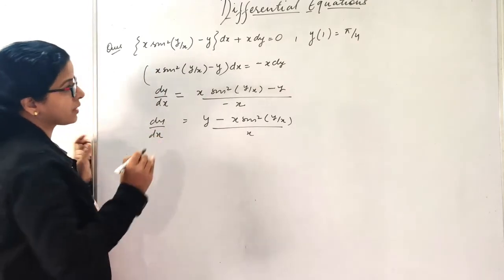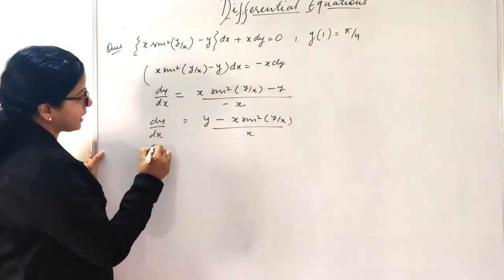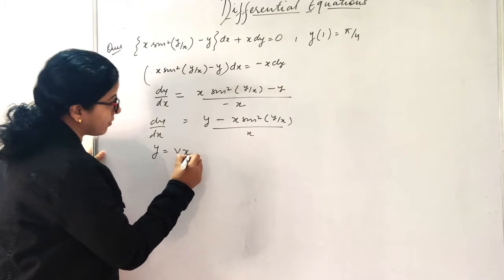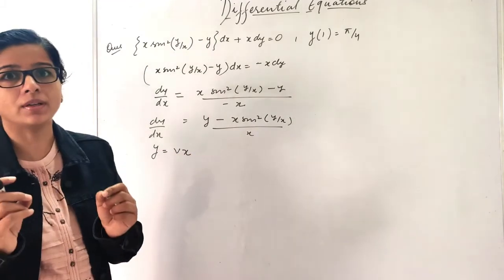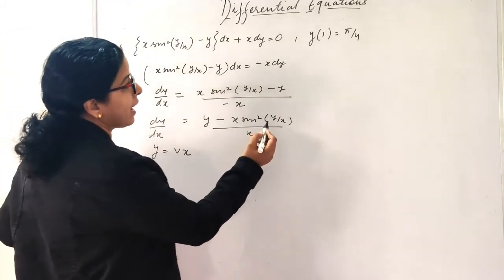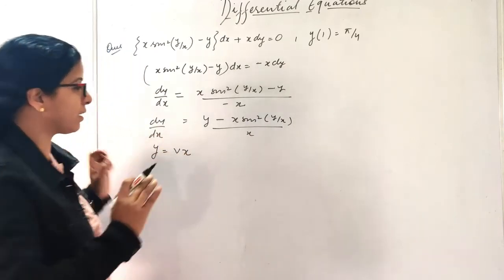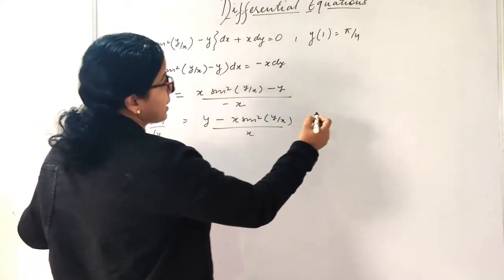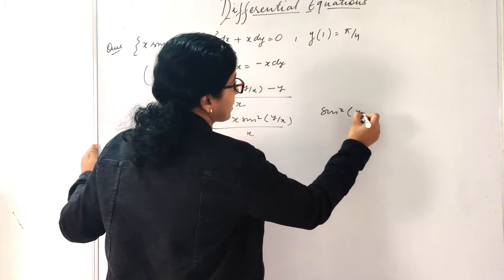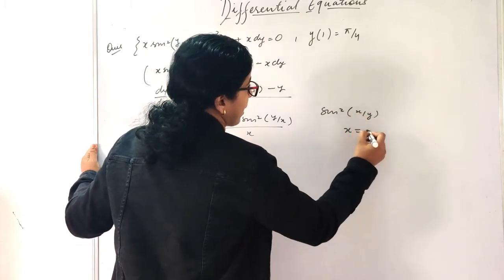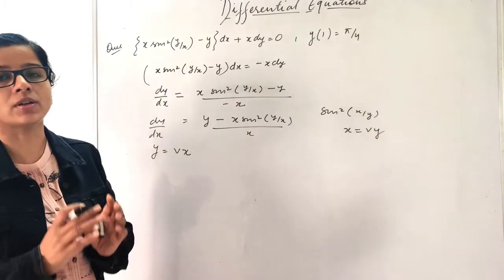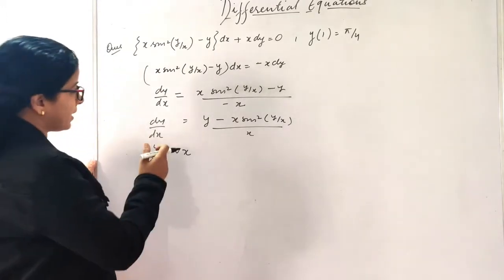I can rewrite this as, this is my homogeneous equation. So what am I going to take? I'll take y is equal to vx. Guys, one simple trick I am telling you. Whenever we have the angle y by x, it's better you take y is equal to vx. If it had been the case that I had sine square x upon y, in that case, you take x is equal to vy. The solution of the question becomes very easy. Now let us take this question.